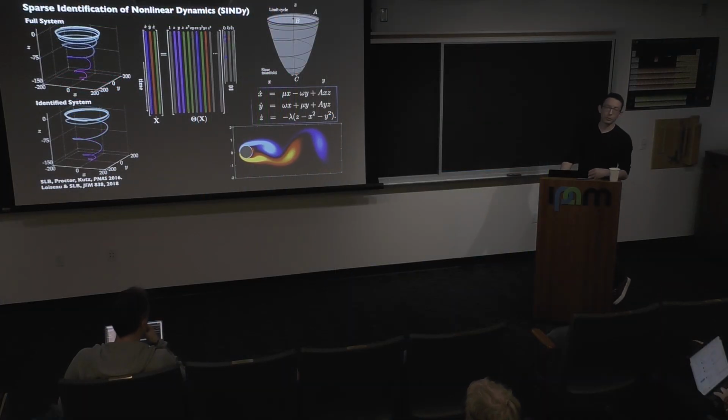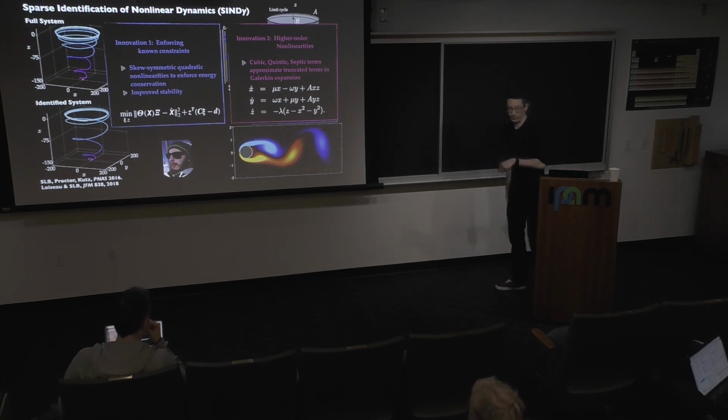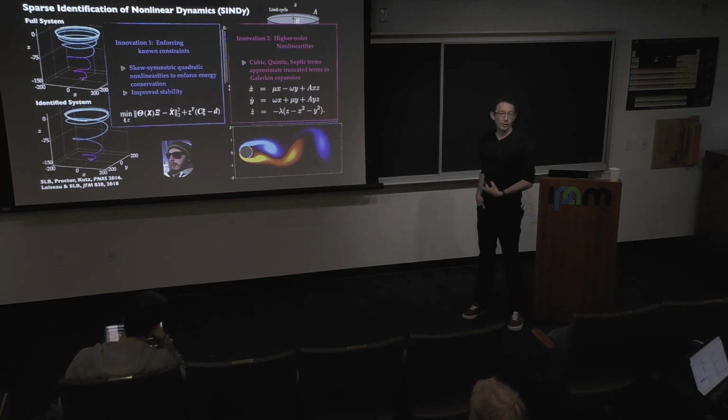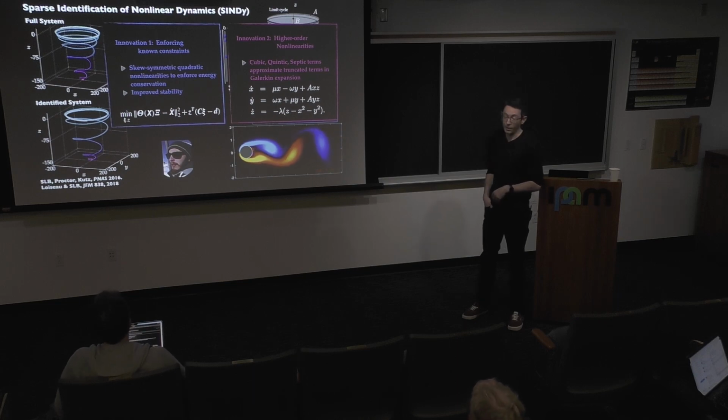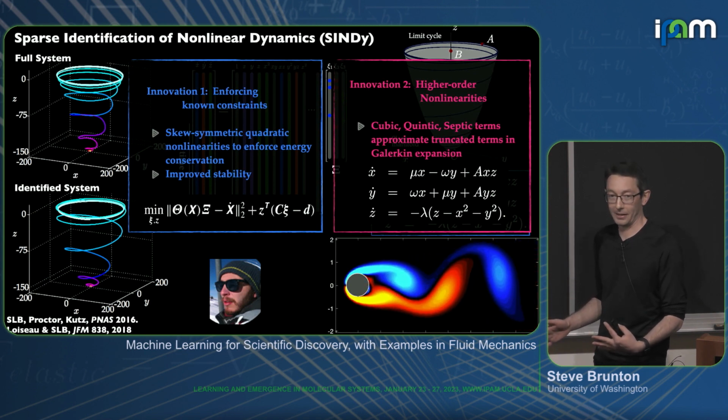Within about 2 weeks of writing this paper, I got an email from my now very close colleague, Jean-Christophe Loiseau. He was a postdoc at KTH at the time. Now he's a professor at Paris Tech. And he said, well, there are some real issues with your model. The coefficients are wrong, the linear growth rate's wrong. Things that matter to him as a fluid dynamicist were not completely right in our model. And so he emailed me back 2 weeks after that, and he said, okay, good news, I fixed it.